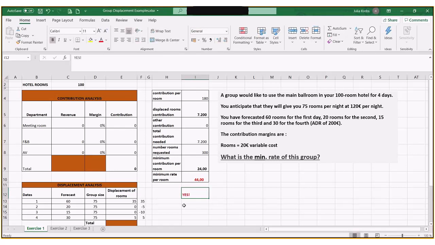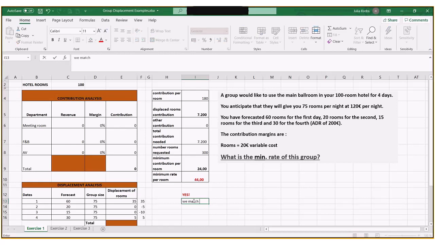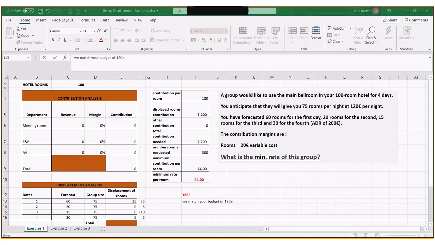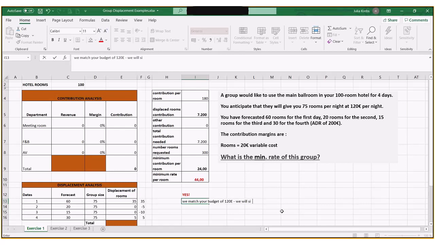And I'm going to also say we can match your budget of 120 euros, meaning we will sign the agreement with 120,